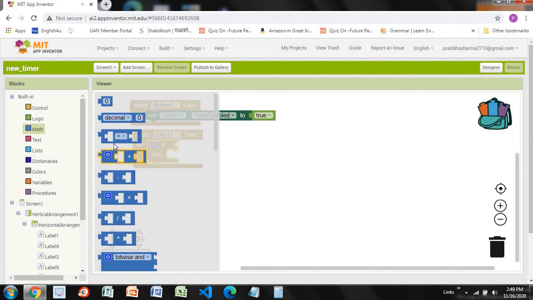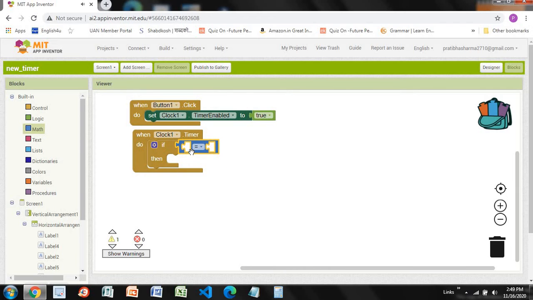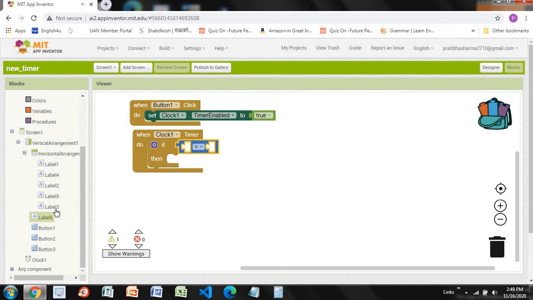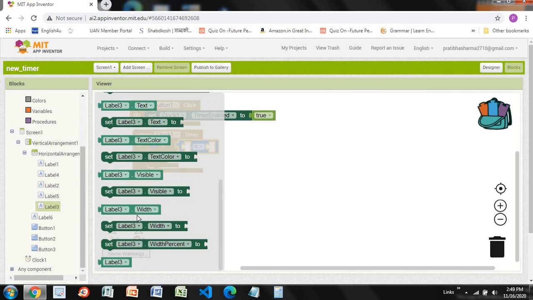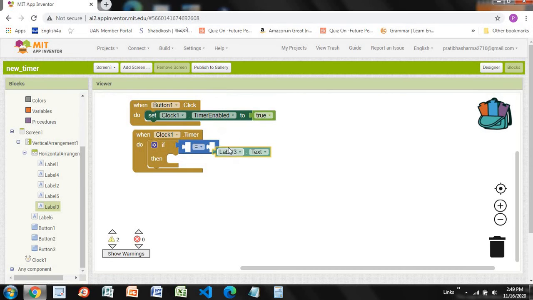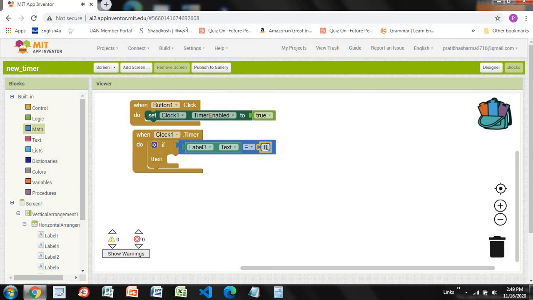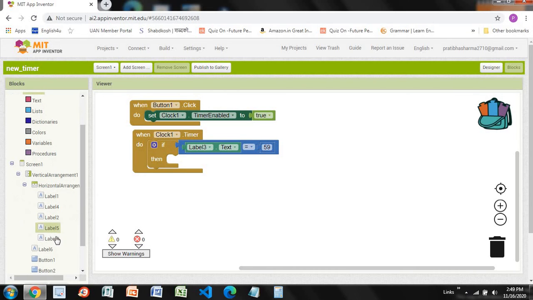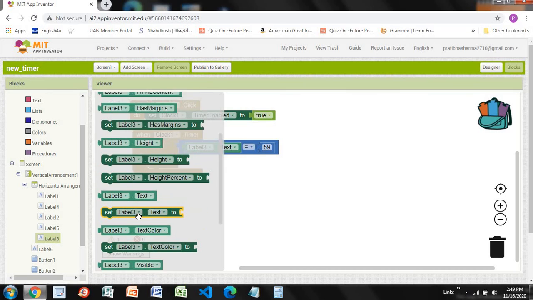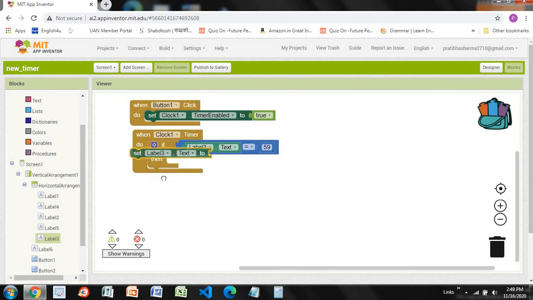go to the maths, drag and drop the equals block over here, like this. Then go to label 3 and select label 3 dot text over here, like this, and go to the maths and drag and drop a number and make it 59, like this. Now set label 3 text to, so let's see, set label 3 text to over here, like this. 0,